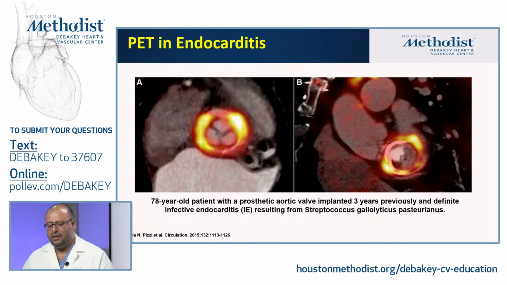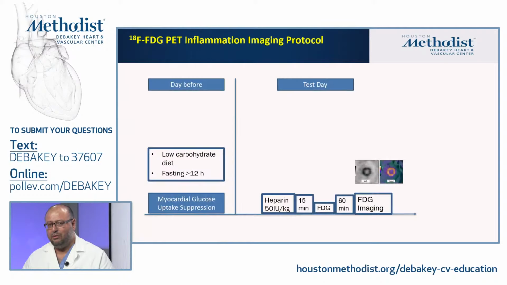of endocarditis, we need to prepare the patients very well, because what we do is that we are giving them fluorodeoxyglucose, and when we give them fluorodeoxyglucose, the myocardium likes that too. So we have to prepare the patient in a way that the myocardium doesn't take that fluorodeoxyglucose, and it will leave it for all these white blood cells and bacteria that are in the area of infection.